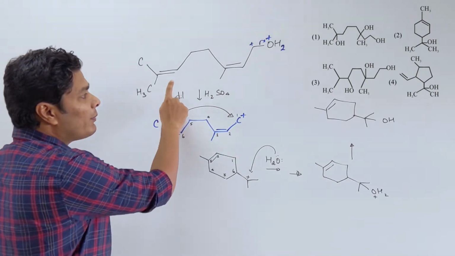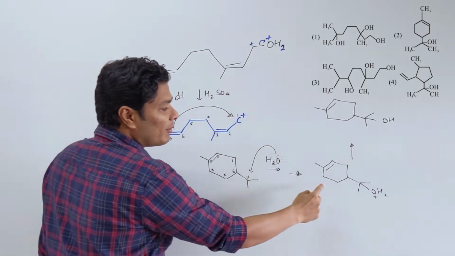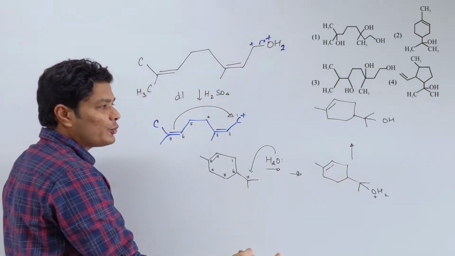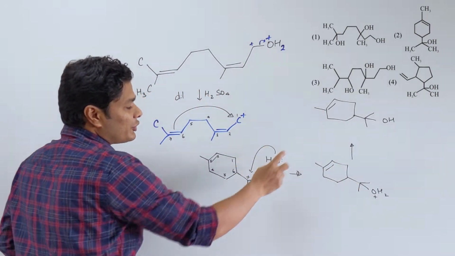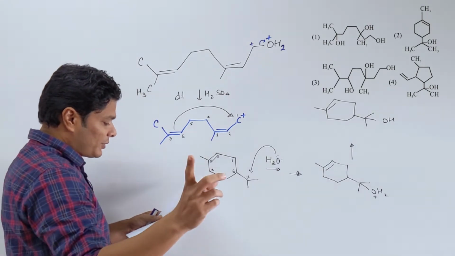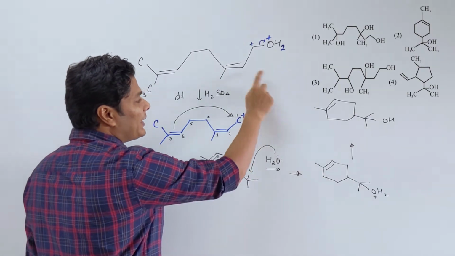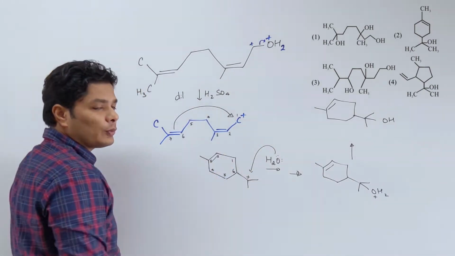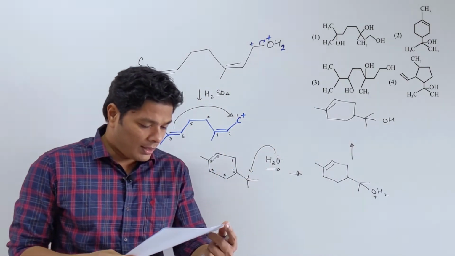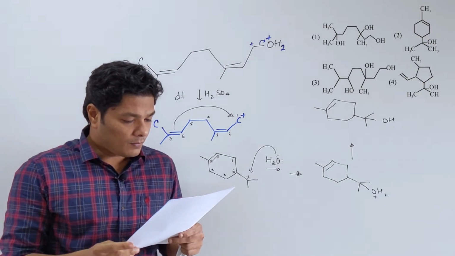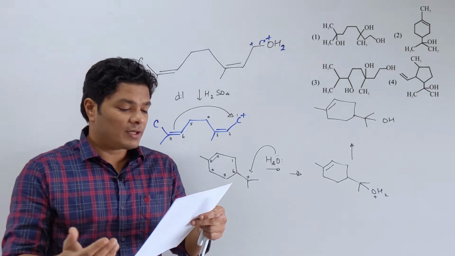For example, double bond equivalent of this compound is 1, 2. Double bond equivalent of this compound is 1 double bond, 1 ring. Double bond equivalent is 2. So this compound, which is your option C, option beta, which is your right option, and the given compound are isomers. They isomerize in presence of dilute H2SO4. It's a fairly higher level question, I can say. Okay, still the options will give it away to you.